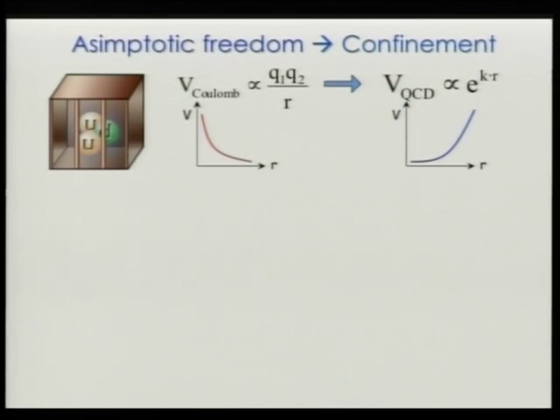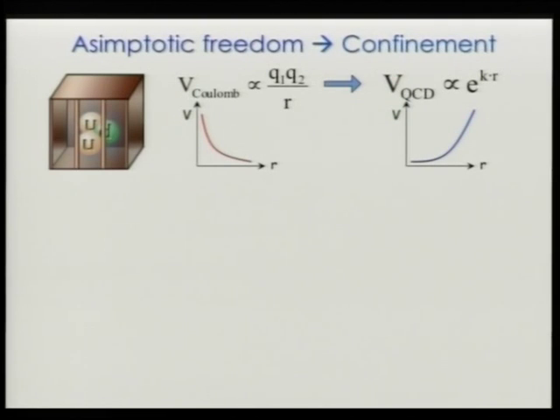Okay. So this means that when the particles are close to each other, like here for the protons, they basically don't feel any force. You see here it is more or less 0. They are free: asymptotic freedom. But if I try to take a quark and pull it away, the force increases a lot. So it's a kind of spring. They are free, I take a quark, I try to pull it out, but it doesn't come. So there is a really strong force